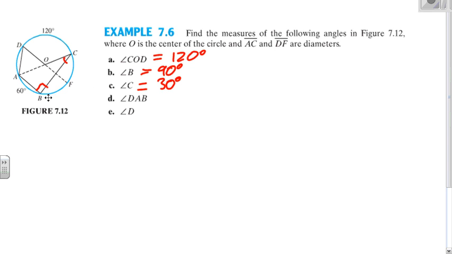Angle DAB, since AC is a diameter, that means it's 180 degrees total. If there's 120 from D to C, that means A to D must be 60. Also, DF is a diameter, so that means it's 180 degrees here, which means arc CF must be 60. So for the measure of angle DAB,